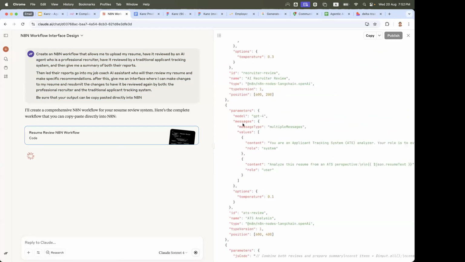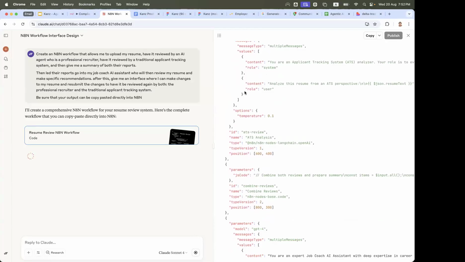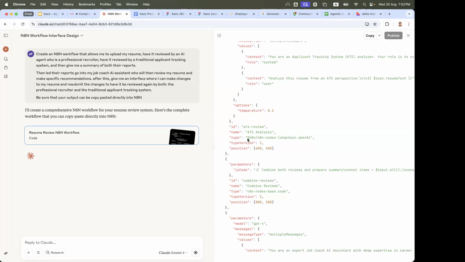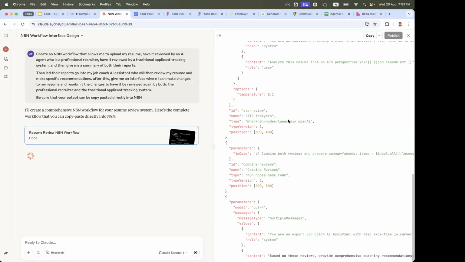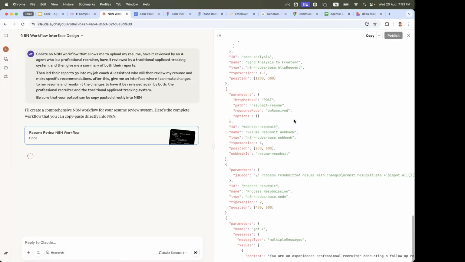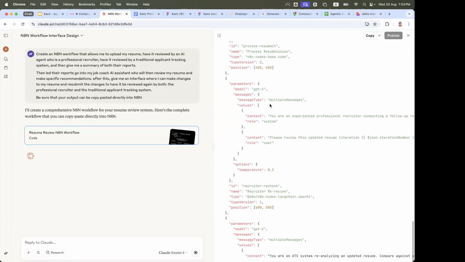Notice here that N8N seems to be reading and converting that text into nodes. Node, LangChain, OpenAI. So it shows OpenAI as the node. So you can tell it, use OpenAI, use GPT, use whatever.